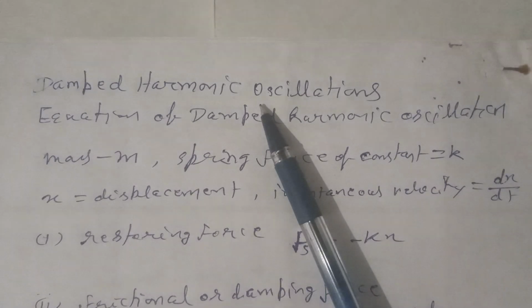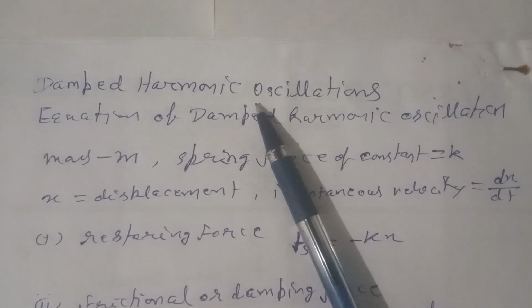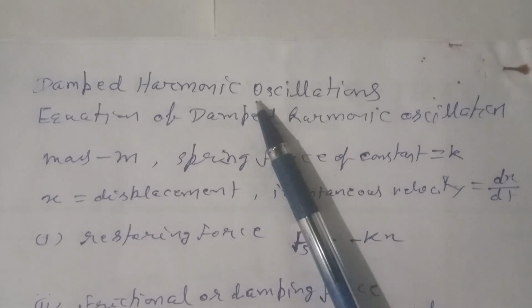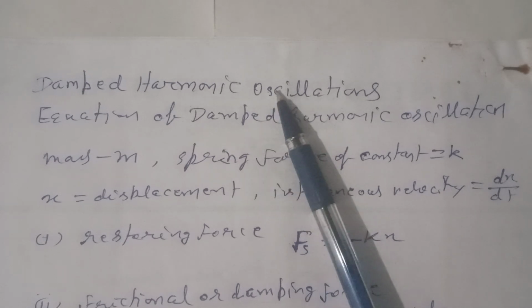Consider an example. If we displace a pendulum from its equilibrium position, it will oscillate with a decreasing amplitude and finally come to rest in the equilibrium position. So in most cases, the energy lost from the oscillating system in each cycle is proportional to the total energy of the system. Each cycle is similar to the previous cycle but of a smaller amplitude. This happens when the frictional force is proportional to the velocity of the system.